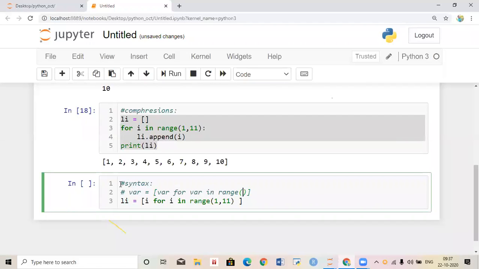Range will take 3 arguments. Those values will be start, stop, step: start, end, comma, step.